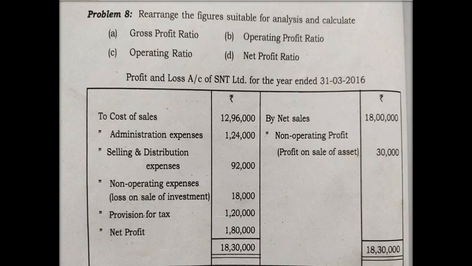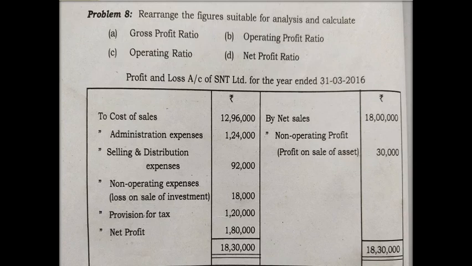And in this question, a profit and loss account of a concern is given. So how are we going to find the answer? First of all, you need to understand that all these 4 ratios require various items. Gross profit ratio definitely needs gross profit. Operating profit ratio needs operating profit or earnings before interest and tax, or EBIT. In case of operating ratio, you are going to study operating cost. And finally, net profit ratio.